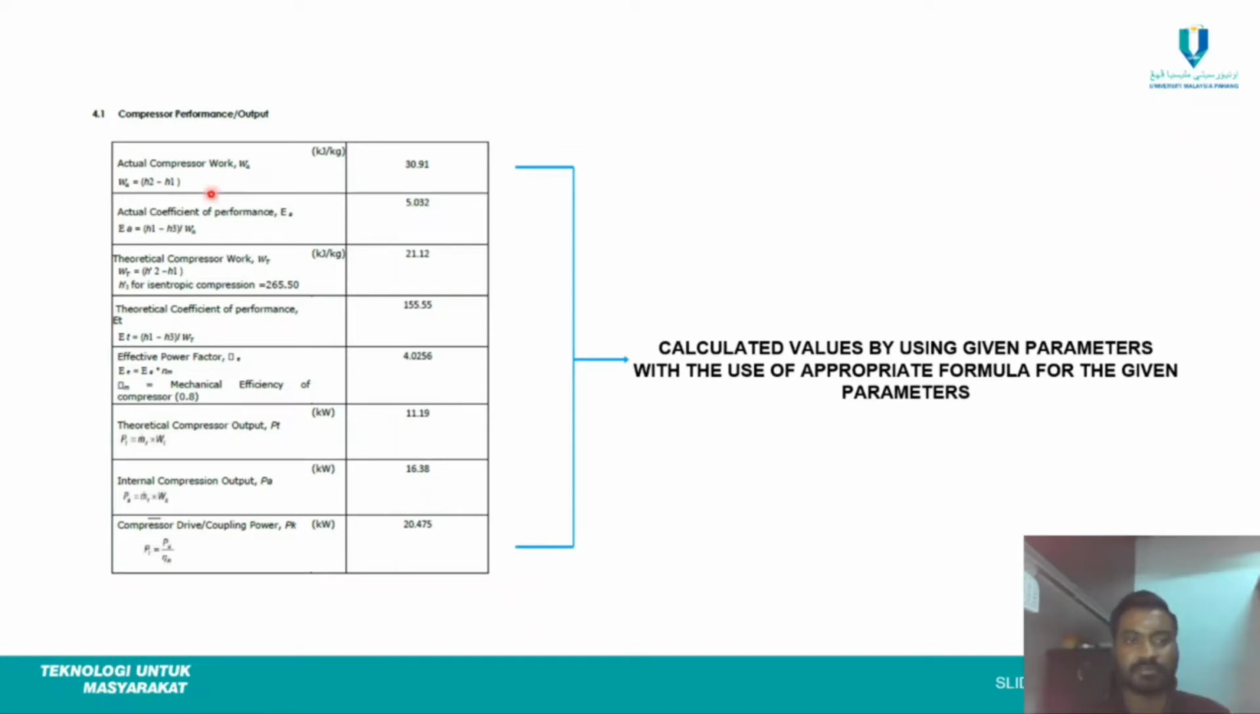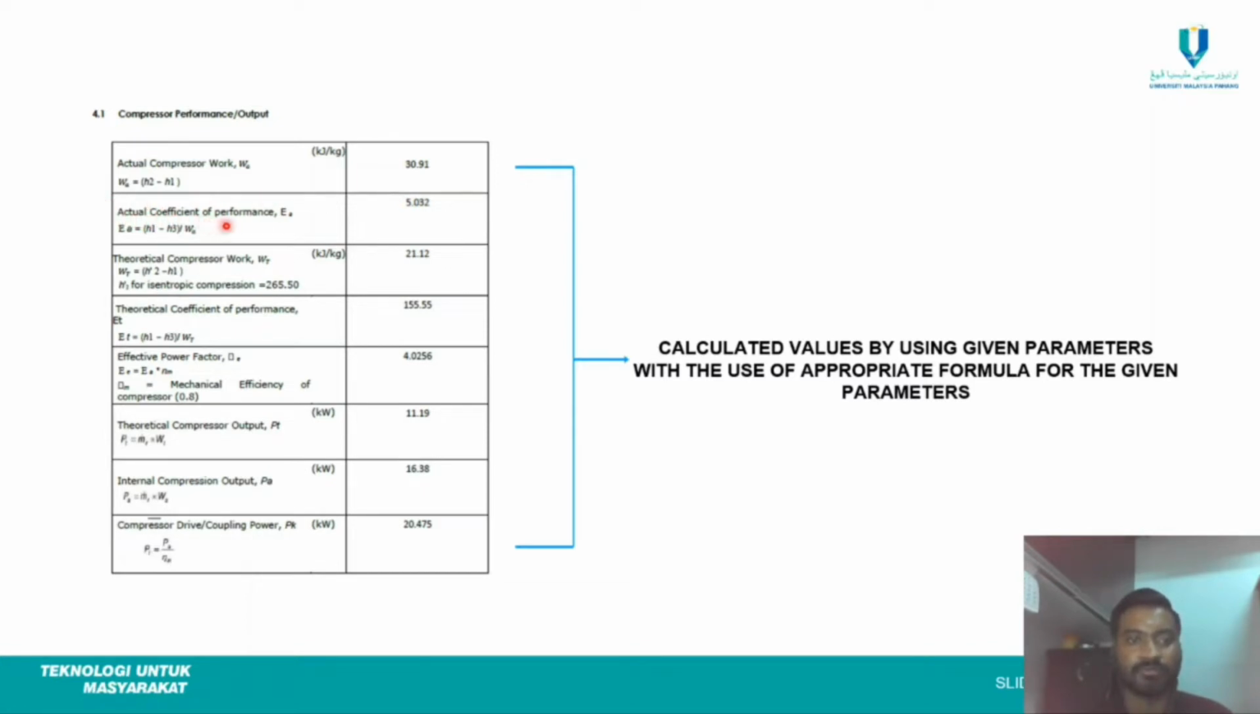Next, we see the next part of our calculation, which is the compressor performance and output of the air conditioning system. These are the calculated values by using the parameters with the use of appropriate formula for the given parameters. First, we need to find the actual compressor work, which is represented by WA. By using WA equals H2 minus H1, we will get the value, which is 330.91, and then followed